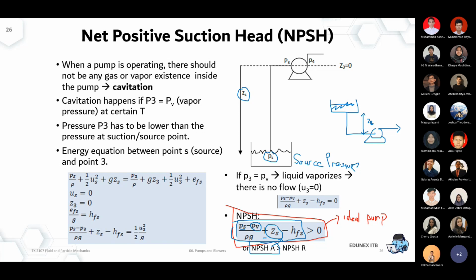Okay, HFS, again, HFS is the friction. So in this picture, all the friction happening from the source point to the entrance point of the pump is accumulated as the HFS, head of friction in the suction part. So H refers to the head, F refers to the friction, S to the suction part. Okay, initially it has to be above zero. If we can maintain it above zero, then it's